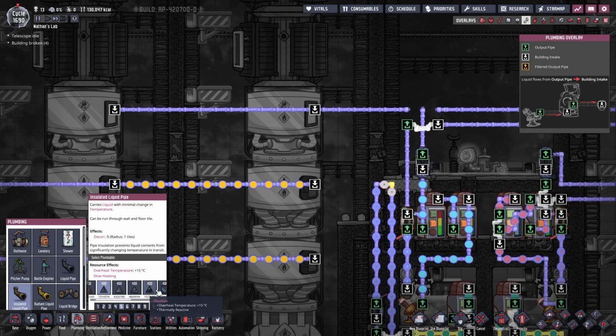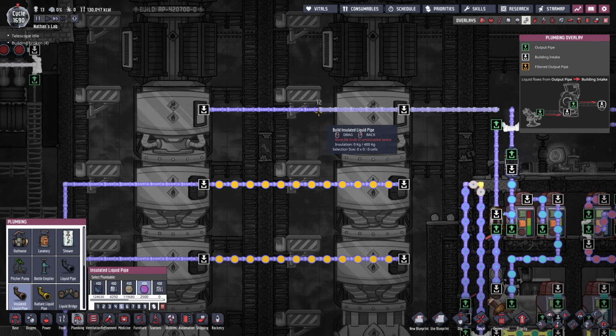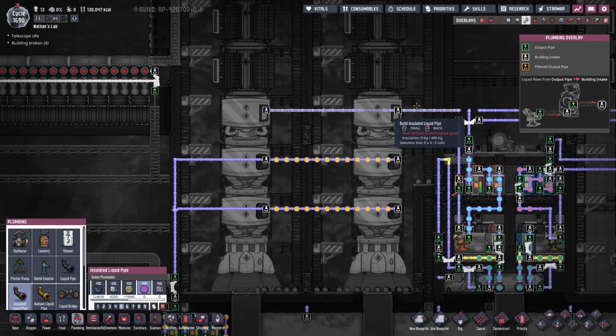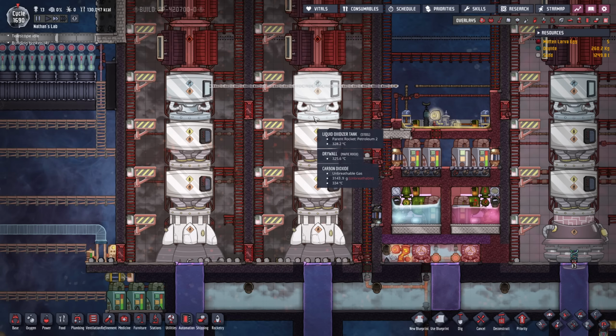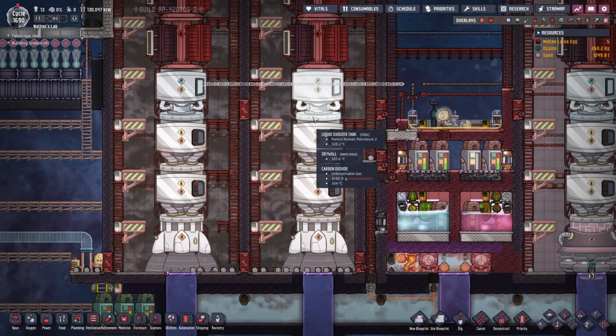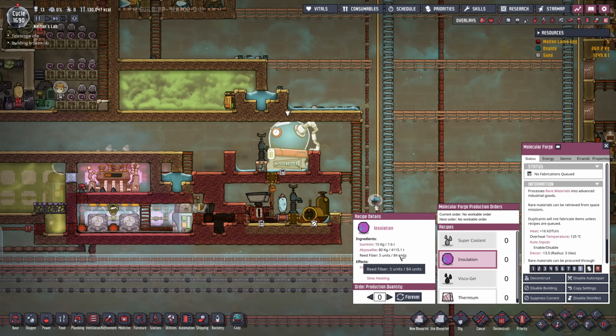By the way, another thing we could do finally is exchange the pipes with insulation. I should be able to make much more insulation now. So I'm gonna exchange these pipes here with the oxygen. I should be able to make much more insulation now, therefore replacing those pipes completely. Actually, I'm gonna do it all the way up to the liquid shutoff there. And let's actually see. Insulation...